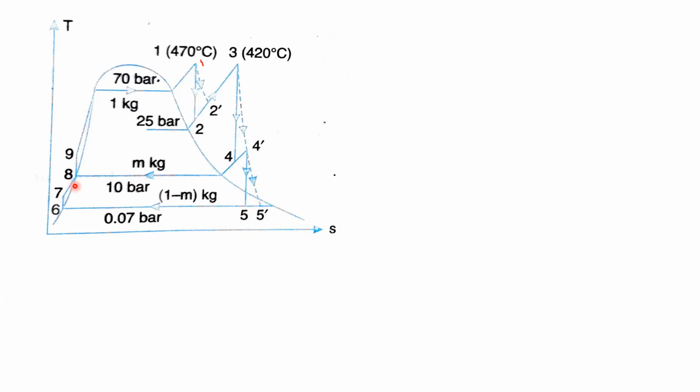By that, there is heat exchange between the two fluids. Then what is happening? After attaining the equilibrium state, this is sent to the boiler through the pump. Here, the 8 to 9 process indicates a pumping process or isentropic compression. This is all about your